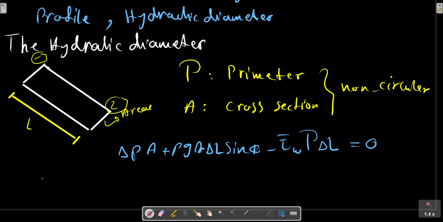Or we can have this relation, the head loss in the duct plus delta Z, which is equal to